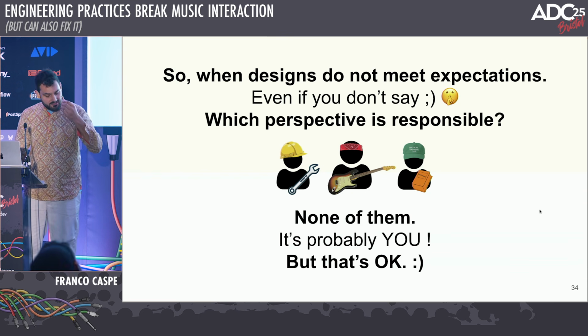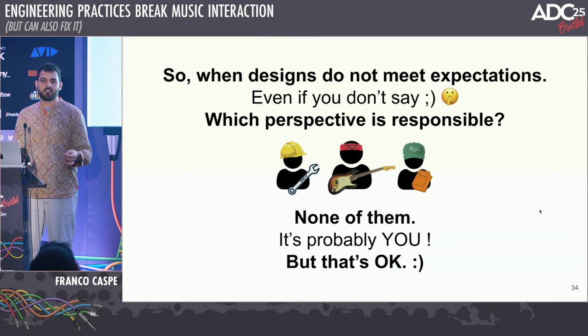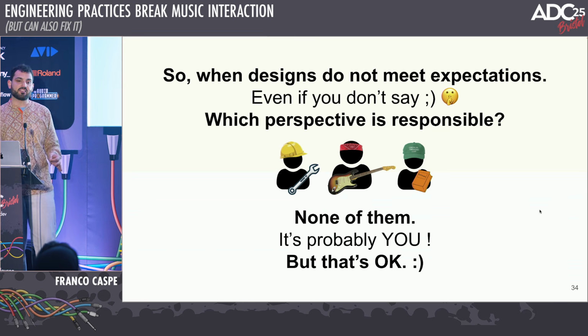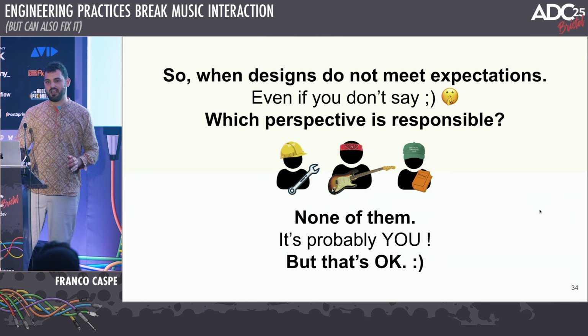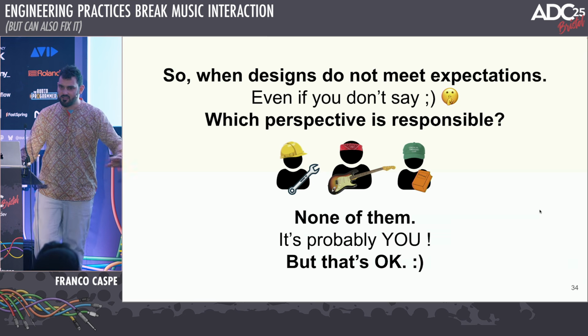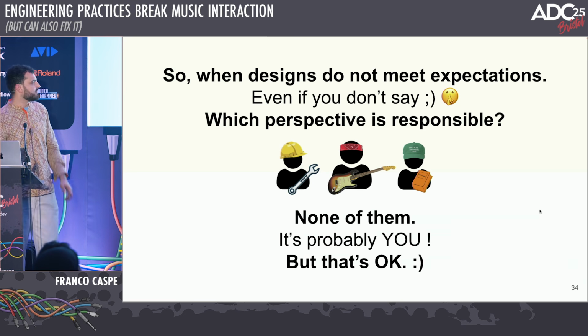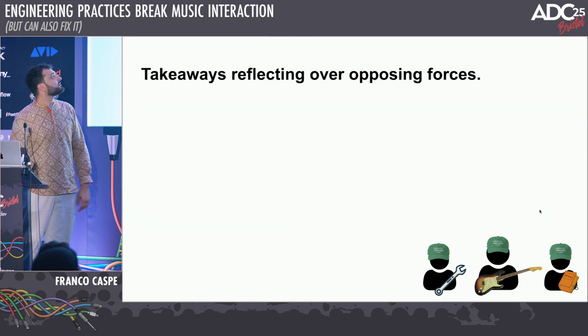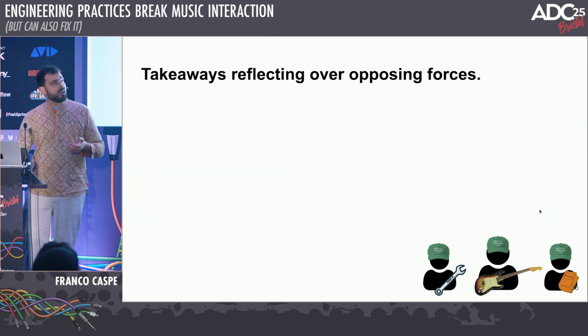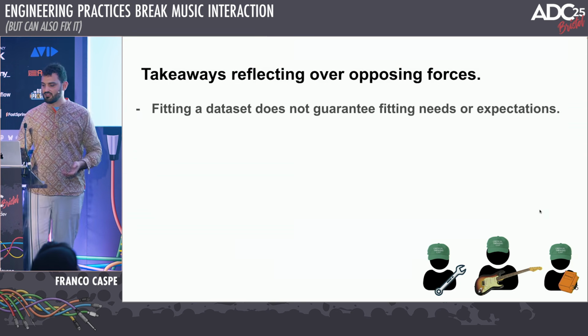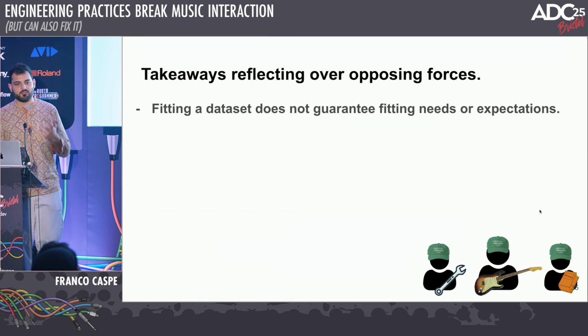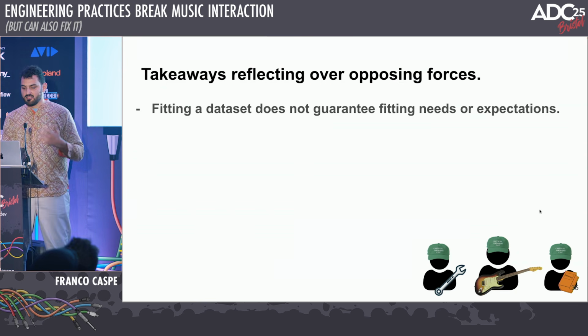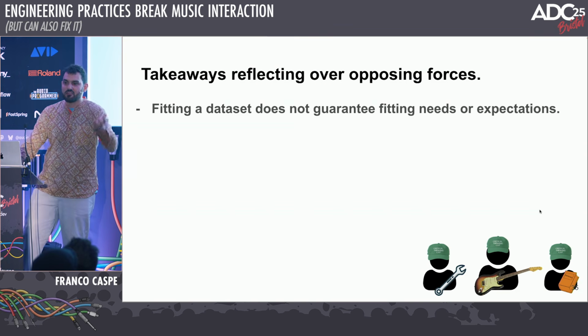The important thing is that engineering gets the thing done. But there are specific times where you may want not to think as an engineer, just for a bit, and then we can go back to our trade. But that's okay, it's a learning process. I'm going to share a few takeaways with you about the opposing forces when working with AI from a technical stance. We fit a data set that the model is learning, but sometimes we need to question the representations. Again, the fact that you fit a data set doesn't mean that you are fitting your expectations, right?